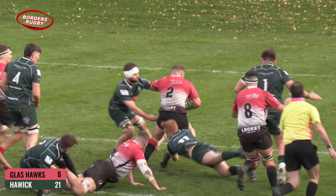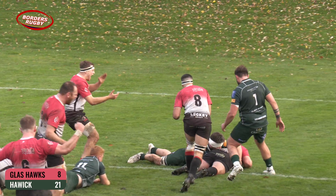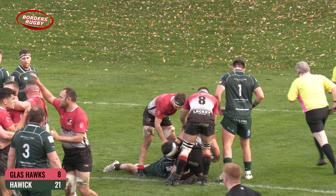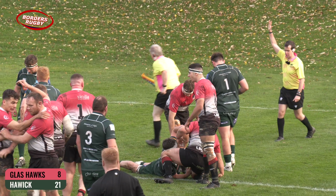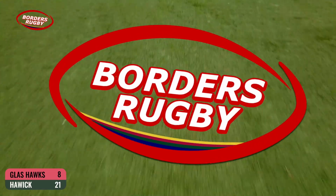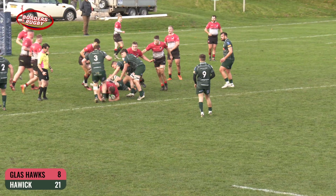It was his partner Crumlish that took it there, and he sent Cairncross straight in from that 5. Like you said, a man like Cairncross from 5 metres out, you're not stopping him. And that was a move, a beautifully executed line-out move that was right off the training paddock. That will delight the coaching staff. Cairncross again, the try scorer,